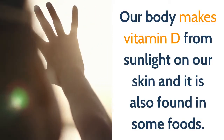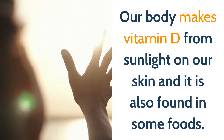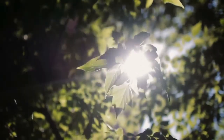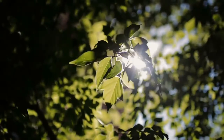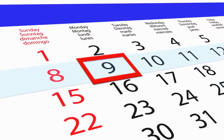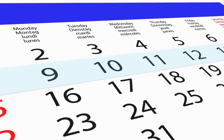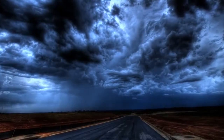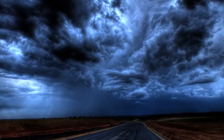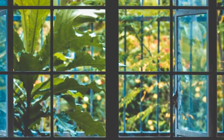Our body makes vitamin D from sunlight on our skin, and it is also found in some foods. We make most of our vitamin D for the year when we are out in summer sunlight. This is usually from late March or early April to the end of September. Our bodies make less vitamin D in the shade or in cloudy weather, and we cannot absorb vitamin D through